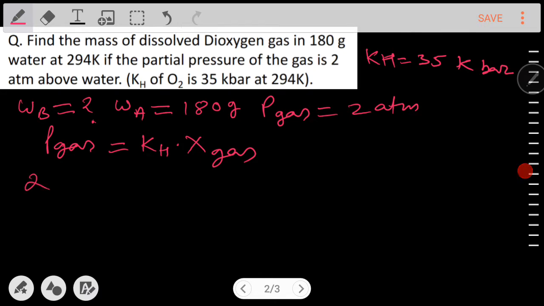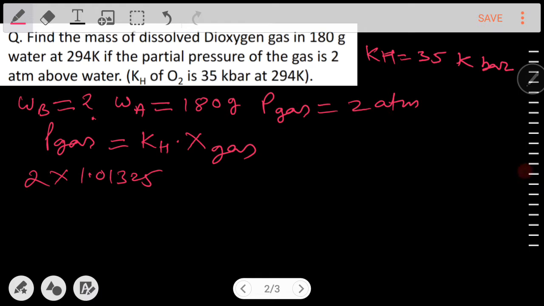P gas is equal to 2 into 1.01325. Whenever we want to convert atm into bar, we have to multiply by 1.01325. So 2 atm is equal to 2 into 1.01325 bar, equals KH. KH is given 35 kilobar. To convert into bar, we have to multiply by 10 to the power 3